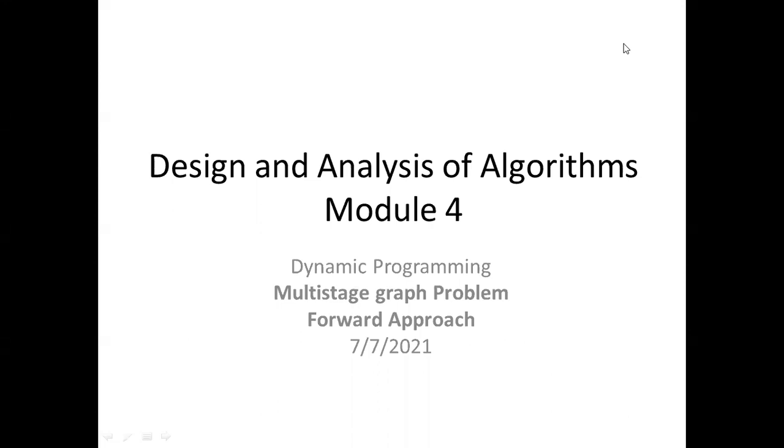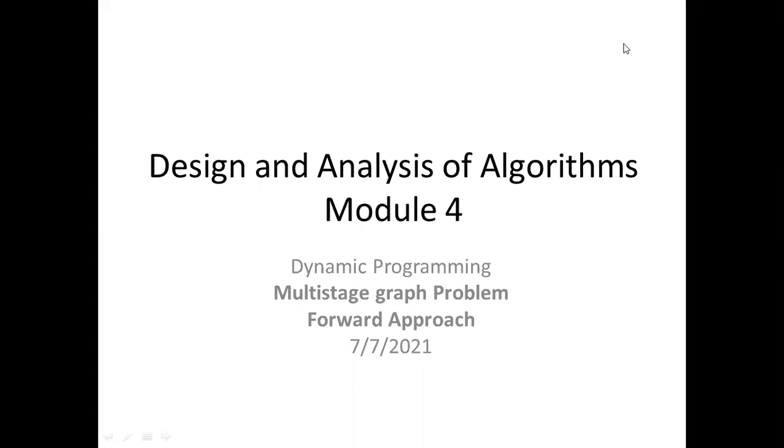And dynamic programming, I told you, is used when we have a problem which has recurring subproblems, and a few of the subproblems will have the same solution. Instead of calculating the solutions again and again, we can create a table, a dynamic programming table. In that we can store the values of the subproblems, and whenever required, we can use them from the table, right? That's what we discussed in the last class.